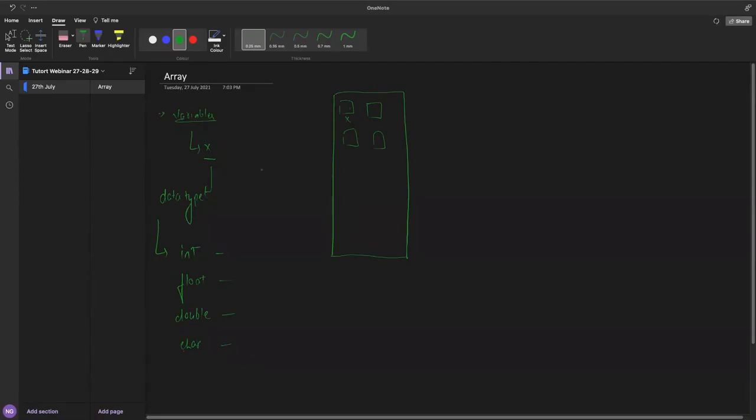Now, suppose you write code where there is a requirement to store 10 integers. So you create 10 variables, like x1, x2, x3, up to 10.